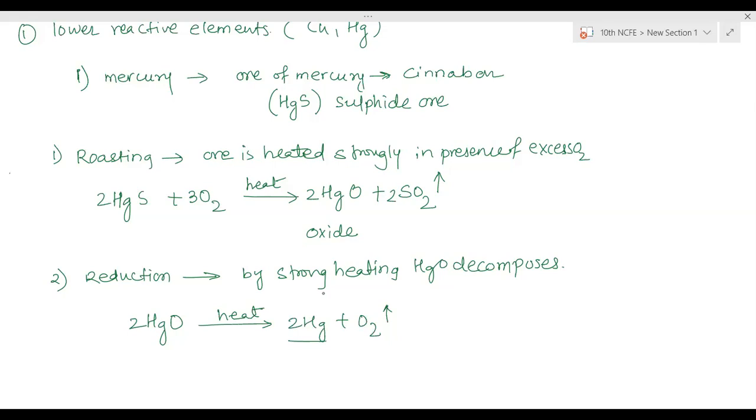Is it clear? Yes, ma'am. Ma'am, I have a doubt. Like cinnabar, will it be very hard or brittle in the ore form? It's hard. Ma'am, the reduction process is by auto reduction, right? The auto reduction, that is directly heating it. This reduction is only by simple heating because the bond will not be so strong.